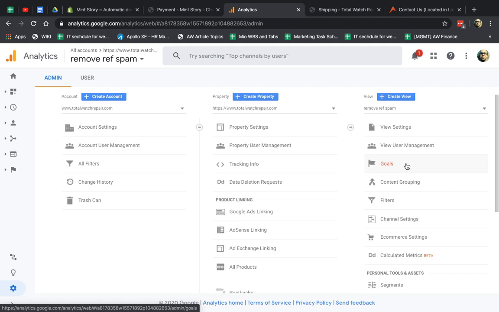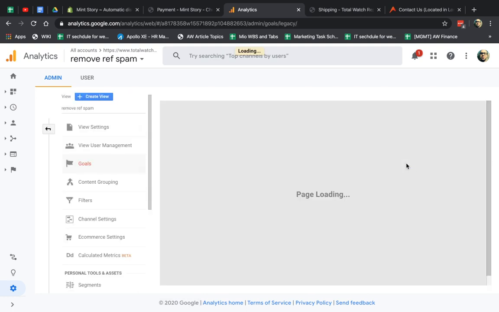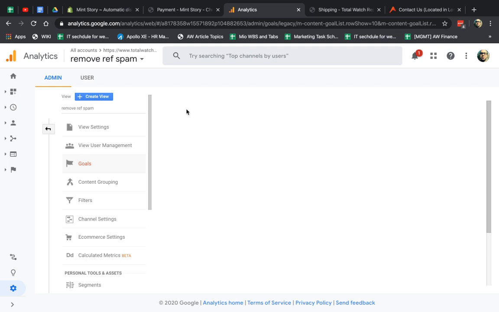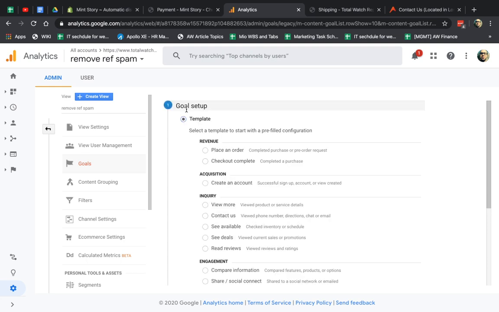The second thing are what we call goals. Okay, so goals are defined here. So what you're going to do is you're going to create your own goals. This you have to input yourself. You have to specify specific. So what are goals? There's two ways to set them up.